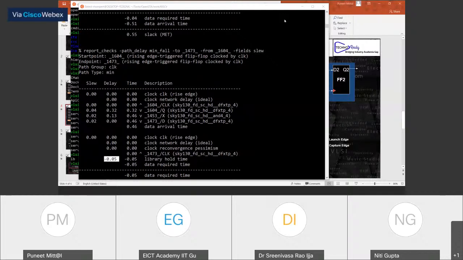So once you decide the clock, only then you will get the report. If you want to find out which clock frequency, that means you're changing everything. You're saying, I don't know my clock frequency, and you're just asking the tool to tell me at which particular frequency my design is going to work. I think that's not the approach.